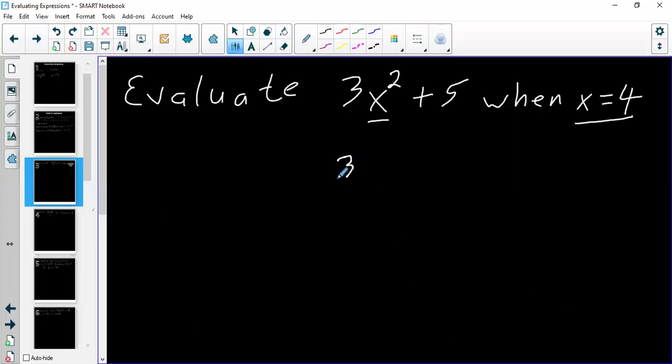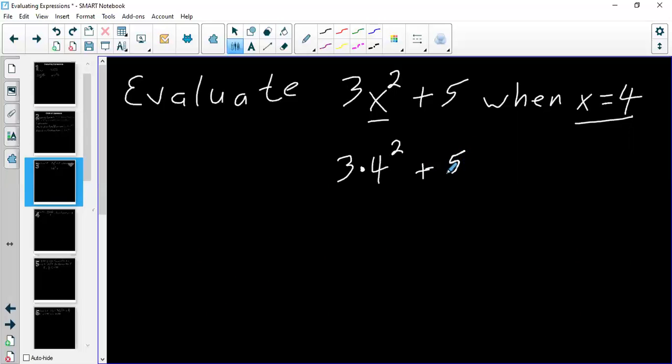So we're going to have 3, and we're going to put times, because that's 3 times x squared. If I don't put the multiplication, it might incorrectly look like 34 squared. We want to make it clear that only the x, only the 4 is being squared, so we want to put 3 times. And then plus